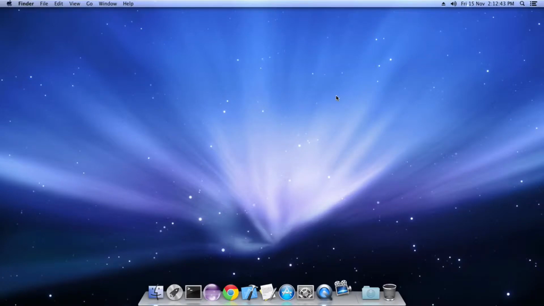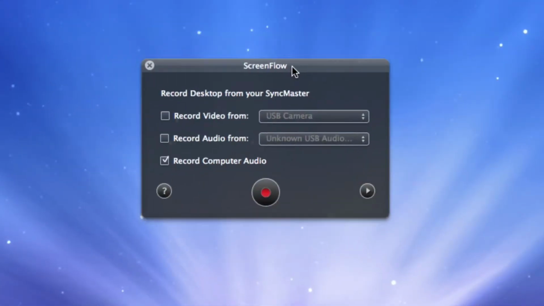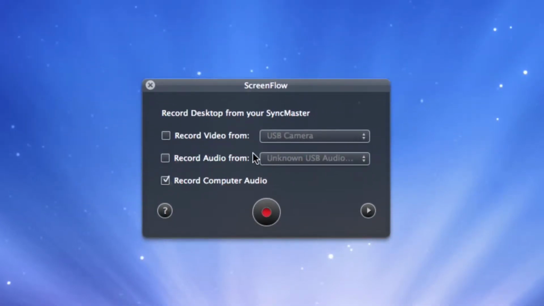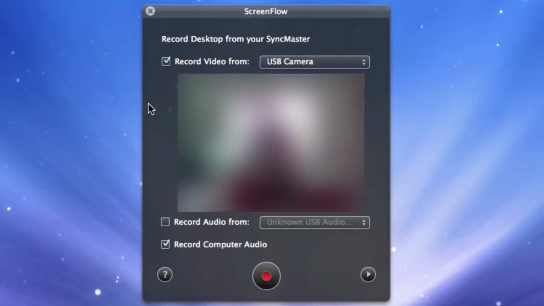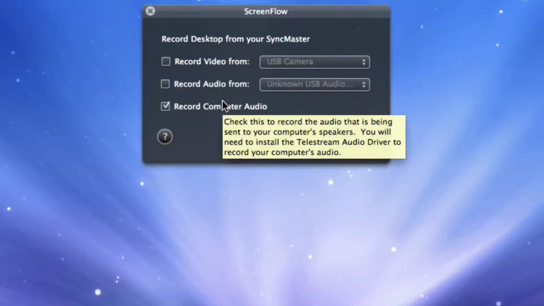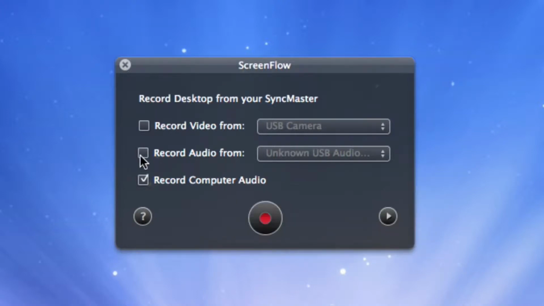When we open Screenflow, the Screenflow dialog appears. There are three options in the Screenflow dialog. The first one is record video from USB camera. This allows you to record your webcam. The next thing is audio. You can record audio from your microphones. So if I have ticked this,